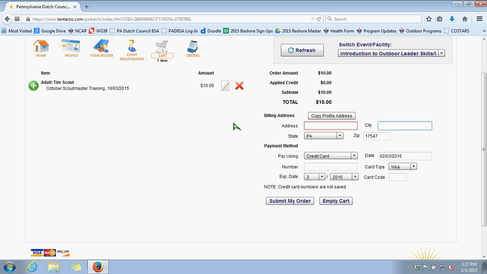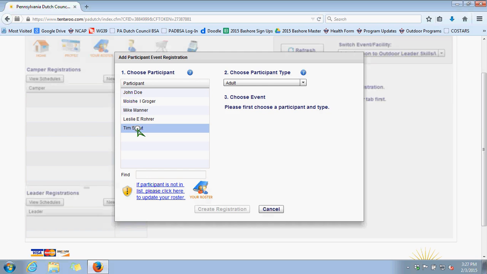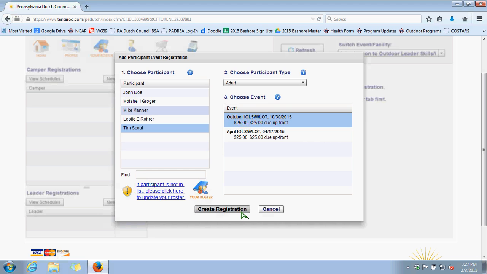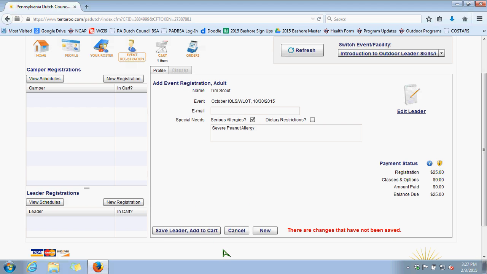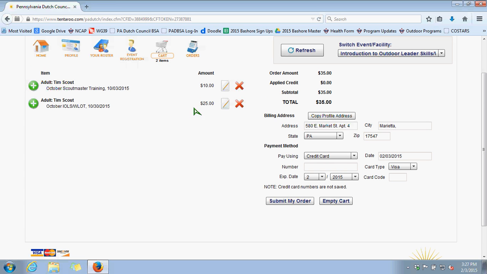Okay, so I can keep adding. If I want to add Tim back in, I can go back to event registration. I can select new leader. I can select Tim for the October IOLS, create a registration, save it and add it to the cart again, go back to my cart, and it's back. Right? Now that I've got all that information there,